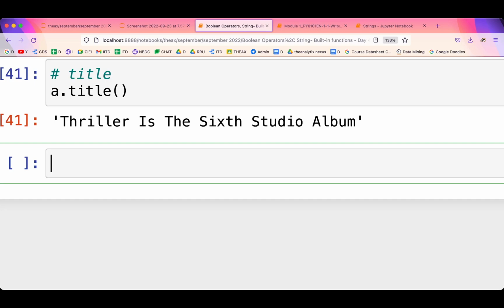Okay, cool. Next is some formatting, and this is very important. Suppose my y value is 5 and I say a string, let it be a. This is the 6th studio album. So if I say that my value is 5th, and I print a,